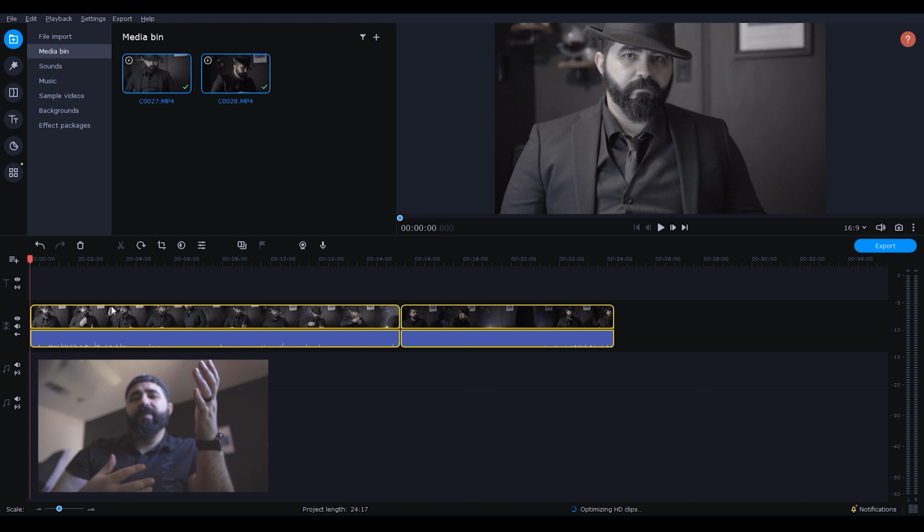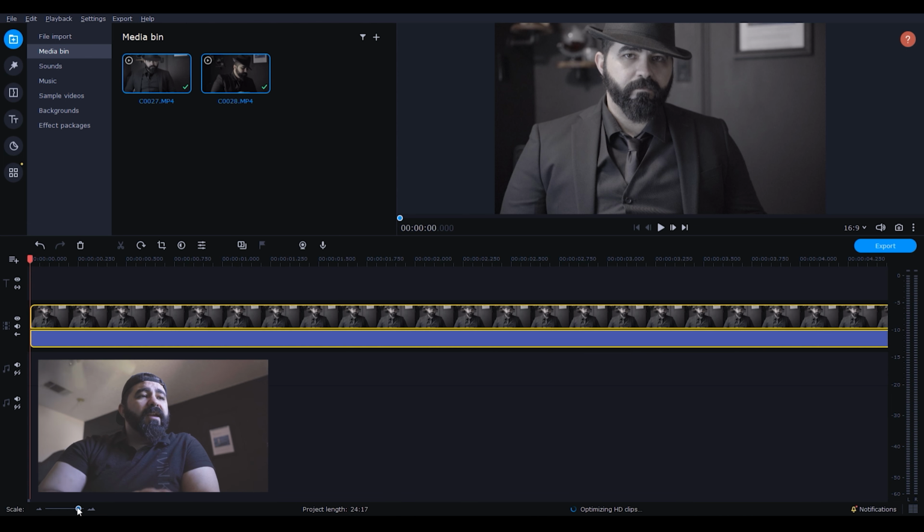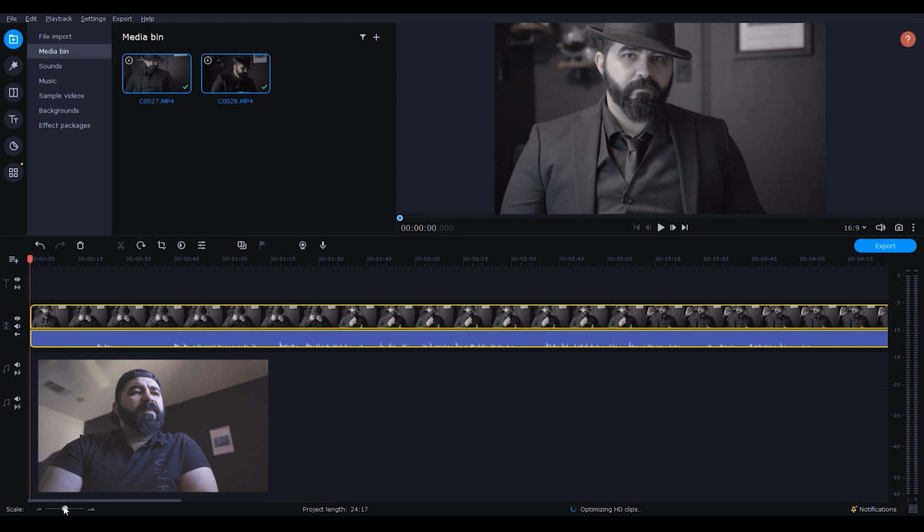It takes some time, but that's fine. You can turn off that option if you have a really powerful PC that can run it without. But even if you have a really powerful PC, it will still be a little bit laggy. So the best option is just to wait for it to optimize. And while it's doing that, let's take a look at some of the features provided by